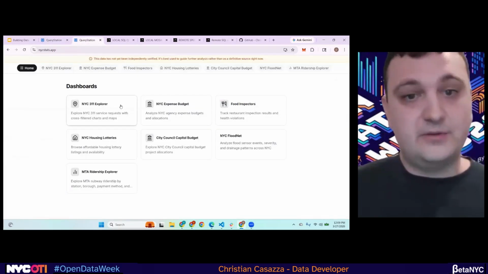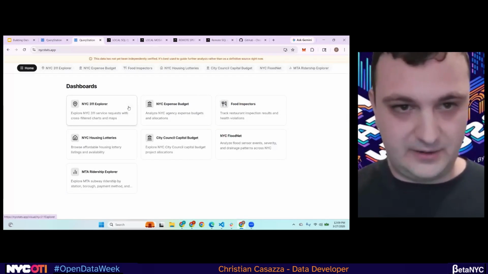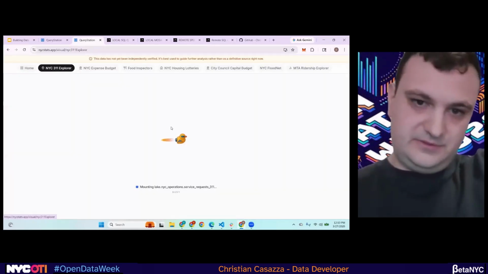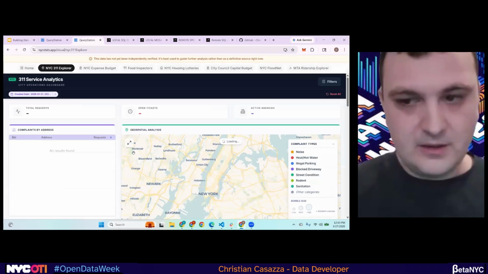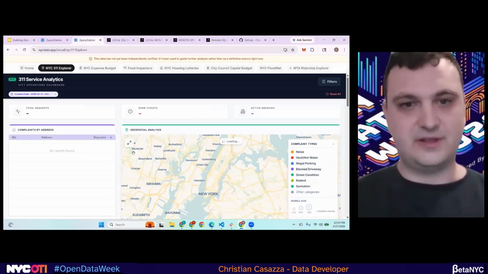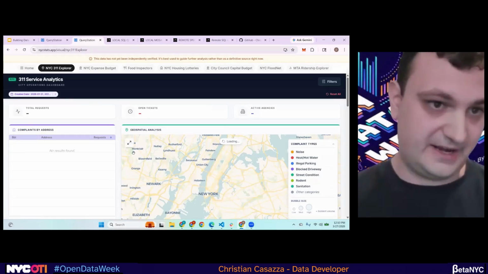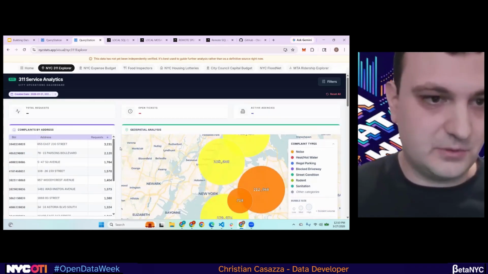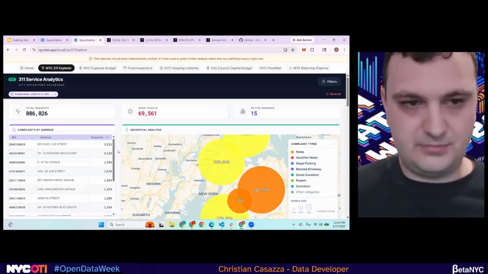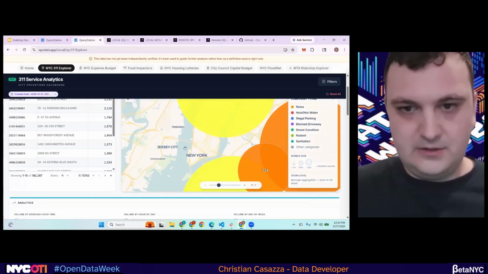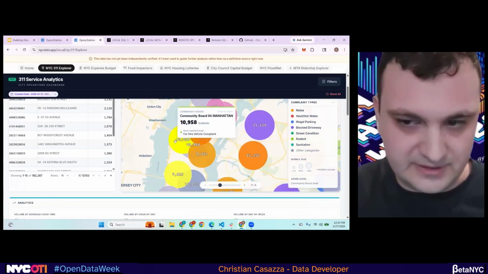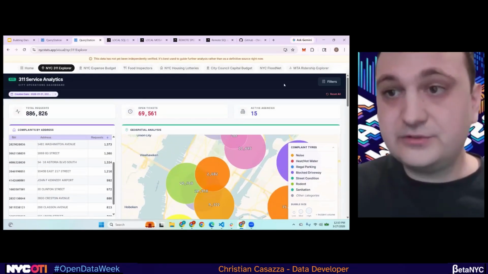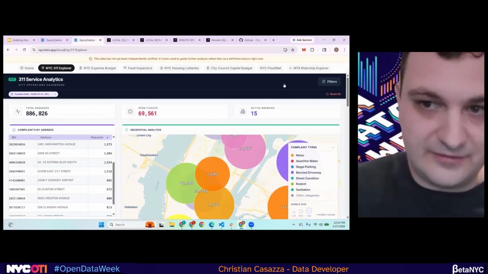Great. Now, NYCStats is more of a look at it, where I'm actually taking the end data sets and we're going to explore it. Let's start with NYC 311 actually. The goal here is to create a centralized place where people can go in and explore different data sets and drill down and filter. This is hooked up to the NYC 311 data set, a few days out. The map allows you to zoom in and drill in, whereas over here you can see top addresses. What's also cool is the ability to add filters.